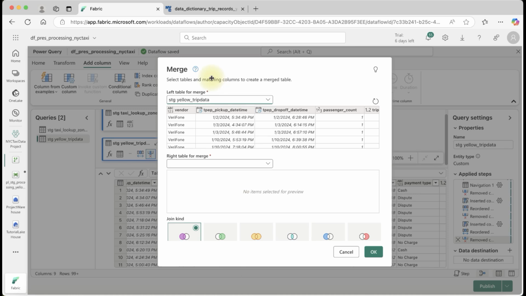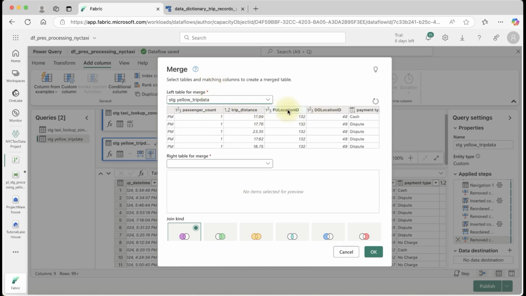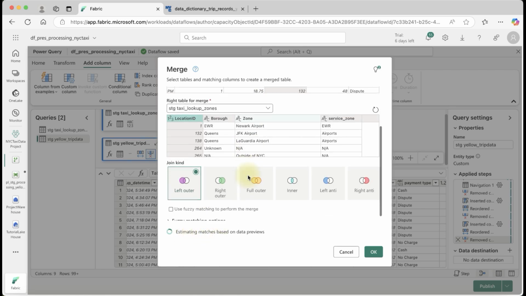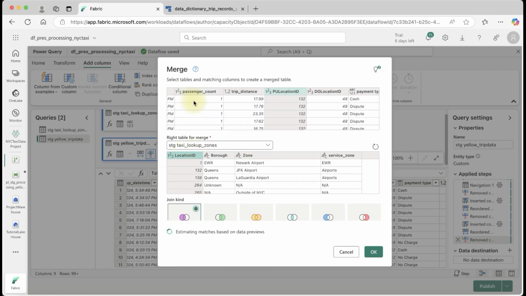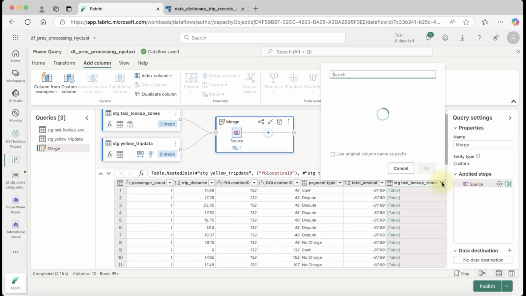as new, and now select here first pickup location ID, and let's select lookup table and select here this, and choose here join as a left join. So all records from this staging table and matching records from lookup table. Okay, so let's click OK and expand this and select only borough and